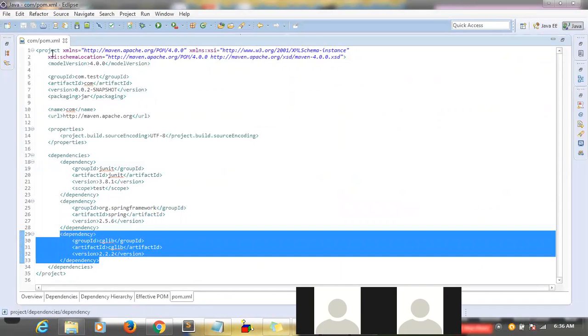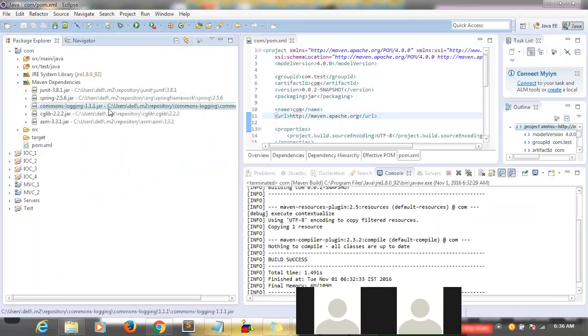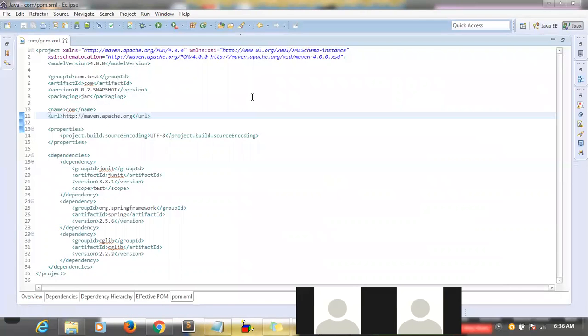But how many jars got added? 1, 2, 3, 4, 5. Five libraries got downloaded, but we added dependencies for only three, correct? So how did the other two come into the picture? See, commons logging, how did it come? We didn't add it. ASM, we didn't add it. So how did it come? If you want to know why the other jars came, for which jar they came,